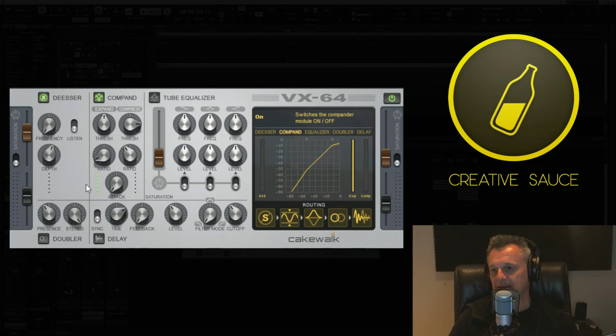And that the attack is a shared control for both the expander and the compressor in the case of this plugin. So what I'm going to do is play the vocal with the music in the background, because I always feel you should do that when you're compressing a vocal, so that you can hear the context you're doing it in. And I'm just going to muck around with some of these controls